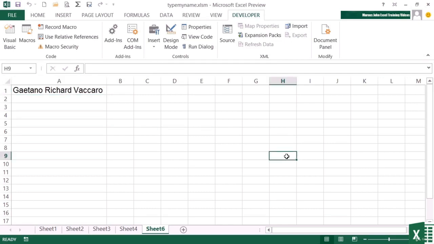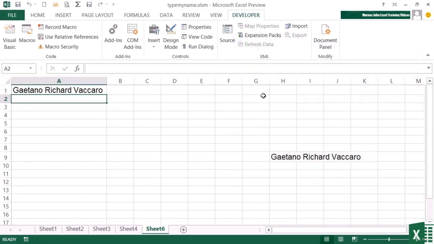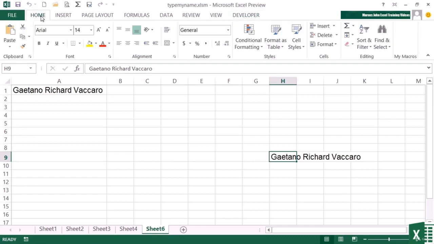So we select a cell over here and type my name. And you can see that it does type your name and it does format it, Arial 14, but what it doesn't do is auto fit. And if we go back,